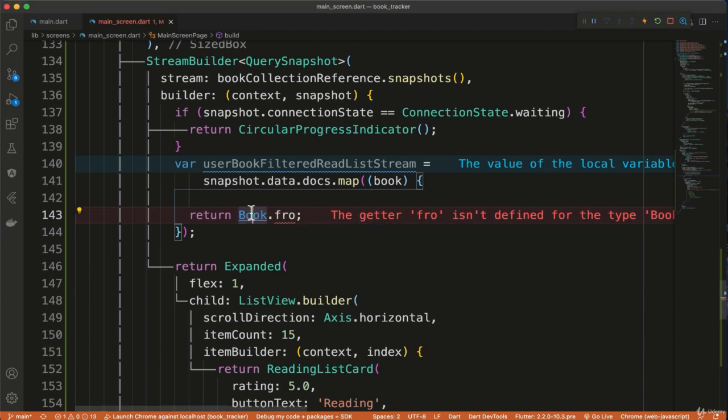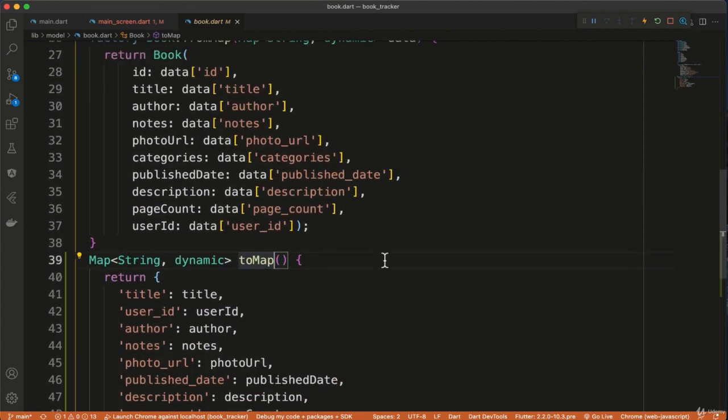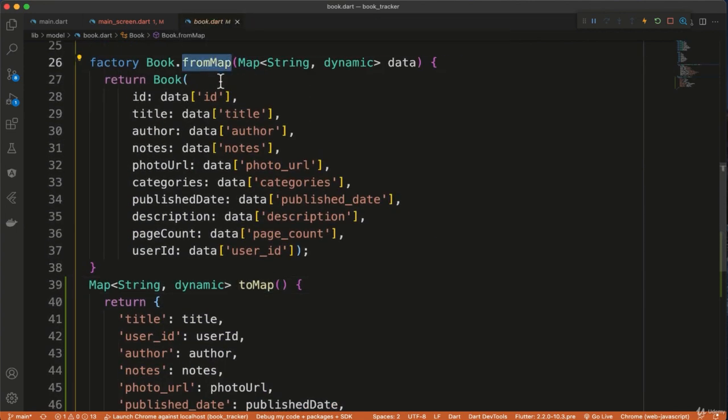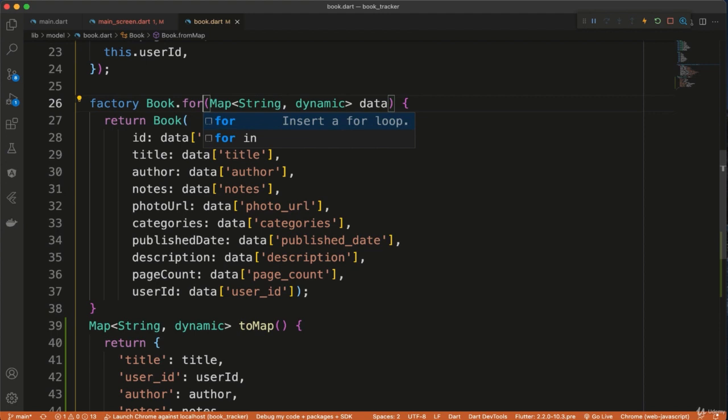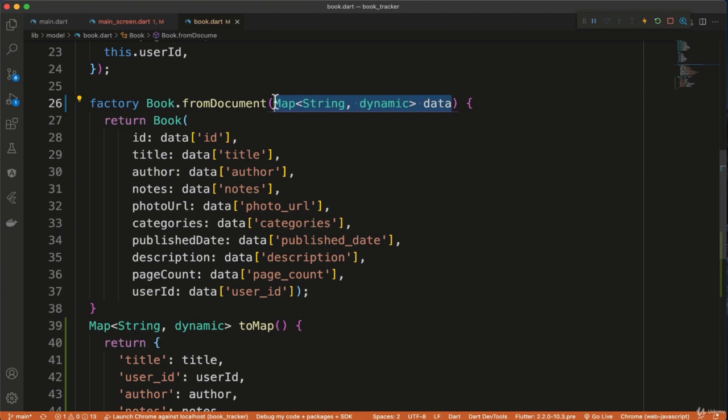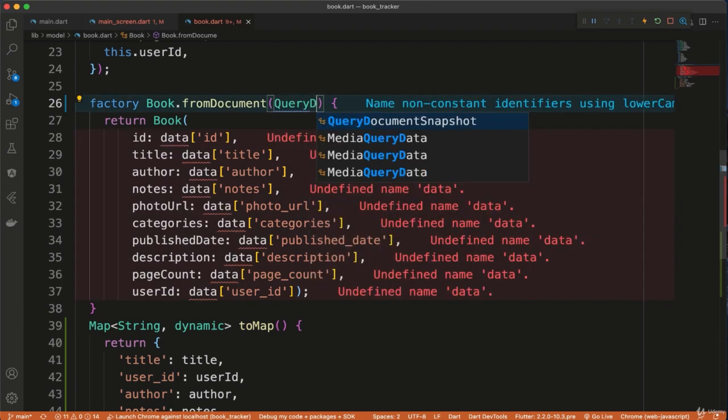Let's go back to our book. Okay, we have to map. We called it from map. Let's say from document, because there are some differences here. I'm going to say from document. Again, the name doesn't really matter, but because we're going to change the parameters we're going to be passing, this will make sense. So instead of just data as such, we are going to change this to the query document